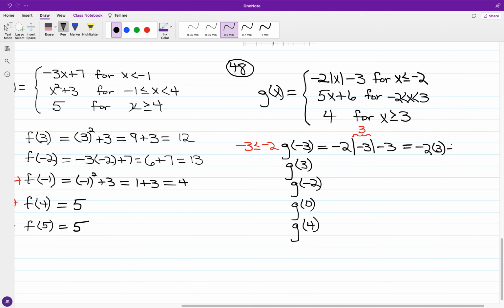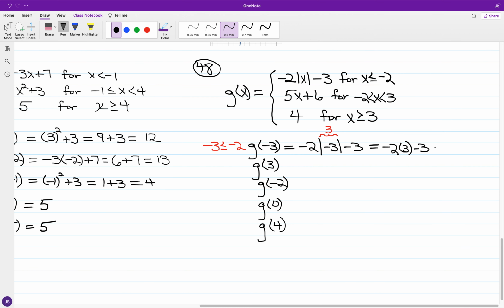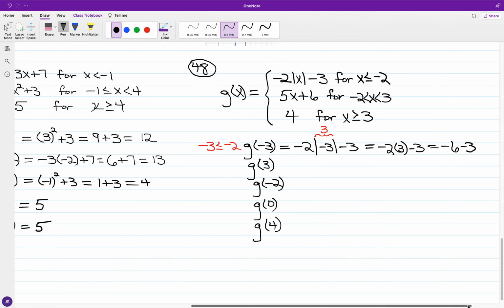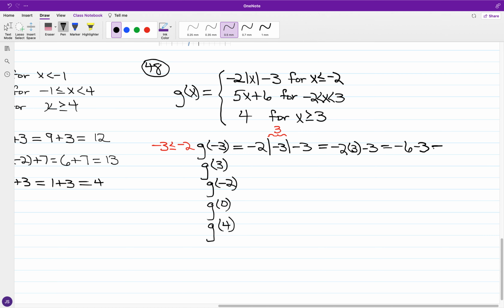Okay, we have followed by the subtraction of 3. Negative 2 times 3 is negative 6. And negative 6 minus 3, okay, that is going to become negative 9. Now for what we have in the case of 3, okay, that appears twice, and looking at testing out 3,